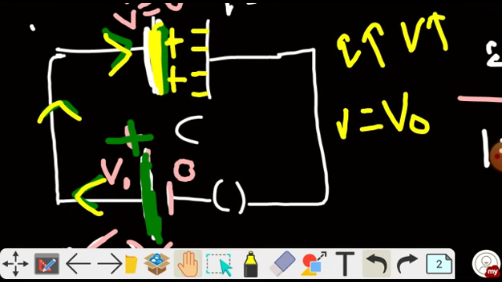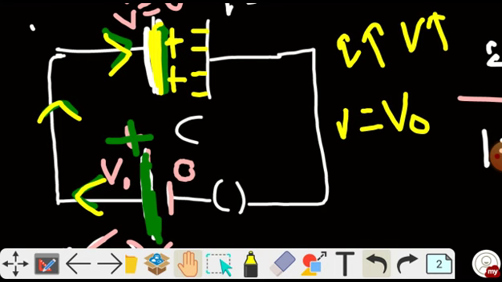See, this is simple. So when the potential of the capacitor plate becomes equal to the potential of the positive terminal of the battery, there will be no further flow of charge, and we will say the capacitor is now fully charged, it will not take charges further. So this is all about the charging process. Okay, so you must have understood how the charging takes place in a capacitor.